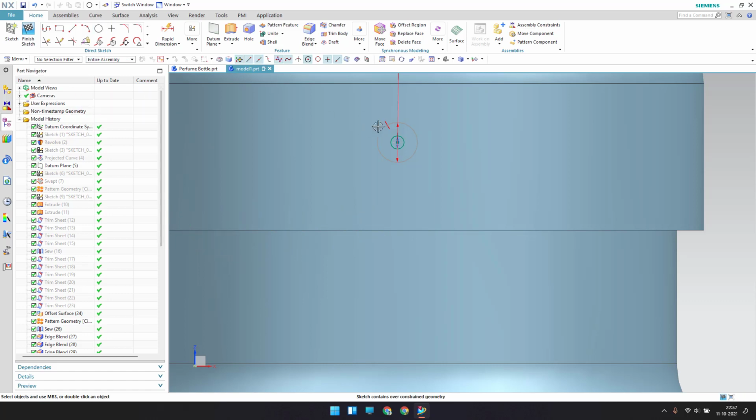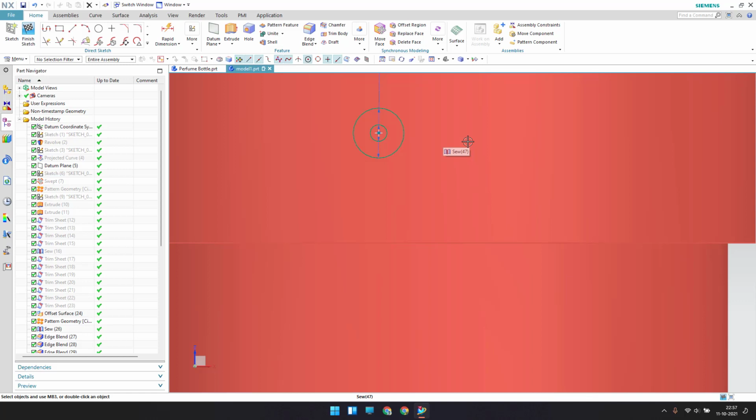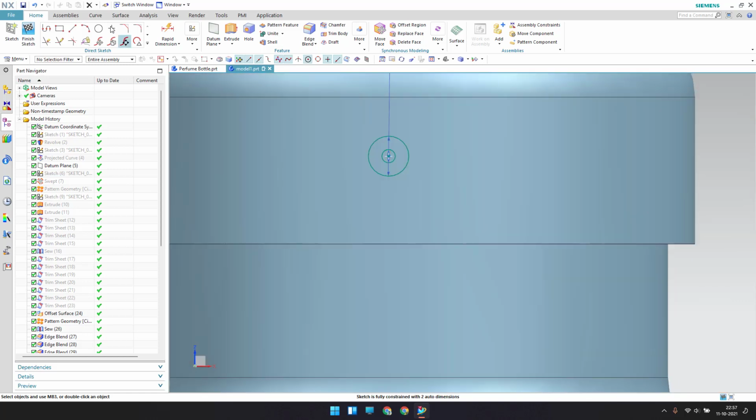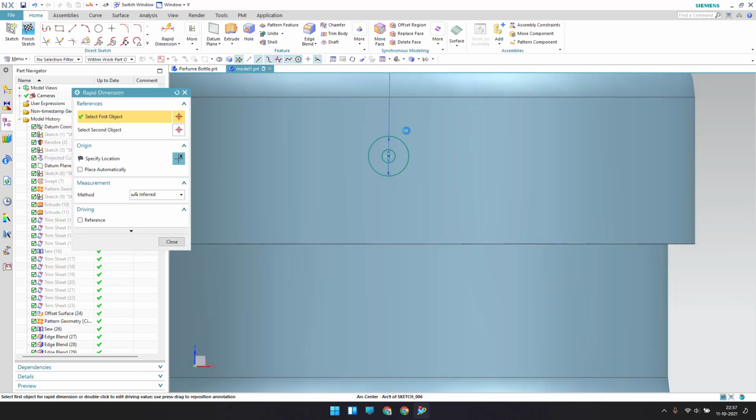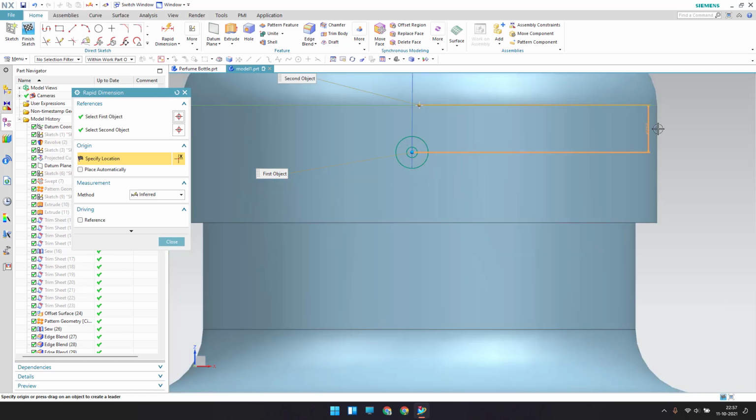Okay, so let's just remove this. So now what I will do is I'll just make a dimension here. So this dimension should be with this edge. Okay, so it should be 2.5 mm.